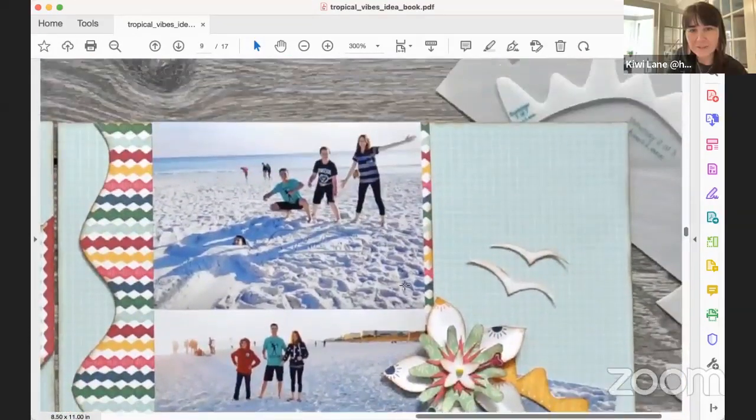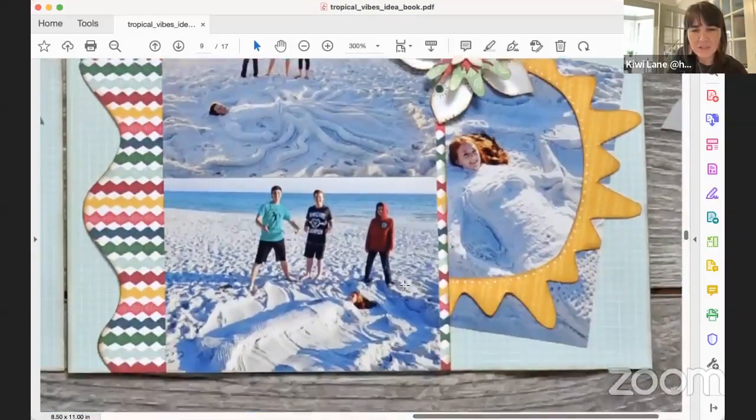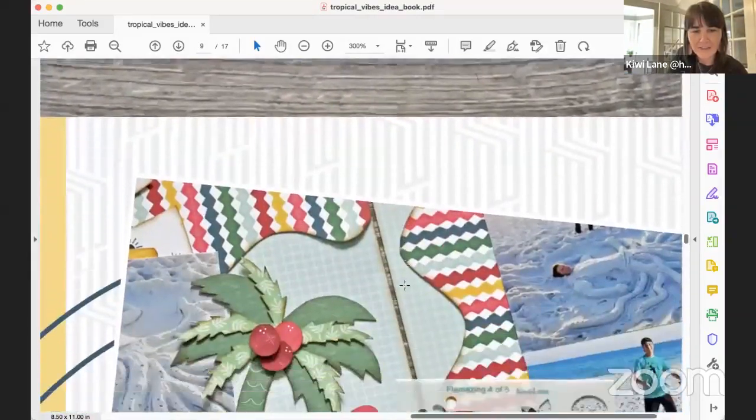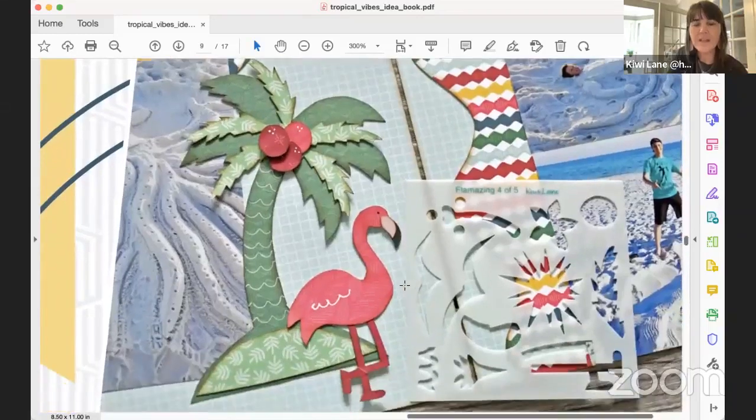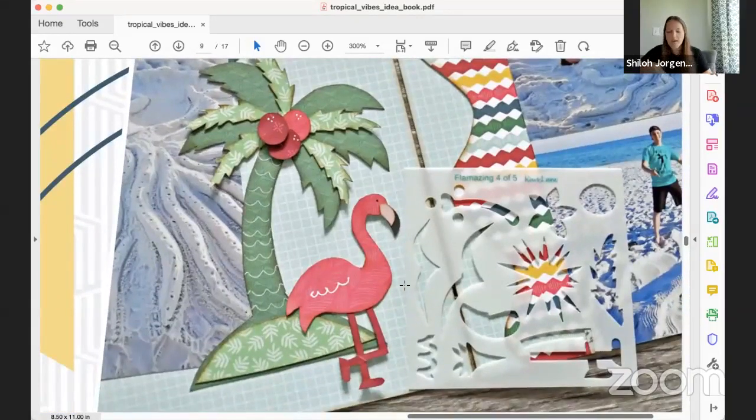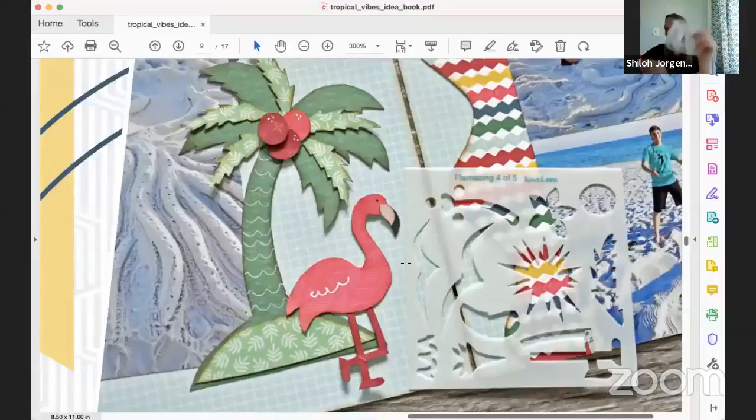Lots of details from the doodle sheet. I don't think I used as much as you guys did, but you guys added a lot. That's super cute. I'm trying to remember. I had that little scallopy thing on my Oasis, that's on the doodle sheet too. So that's at the top end. So if people haven't done that yet, down the trunk of the tree, that's on the doodle sheet too.